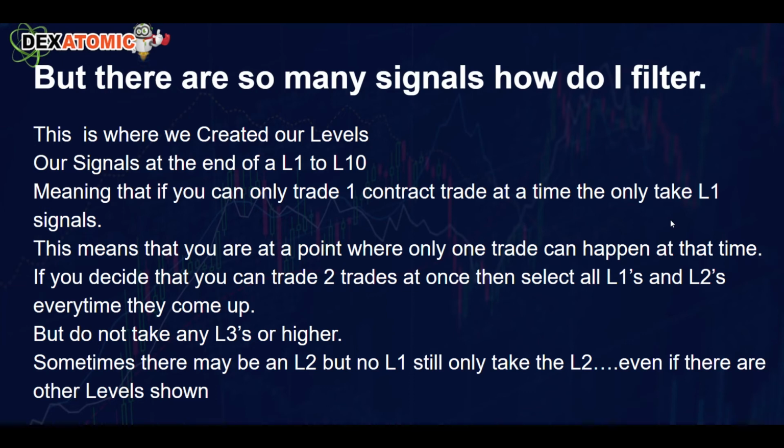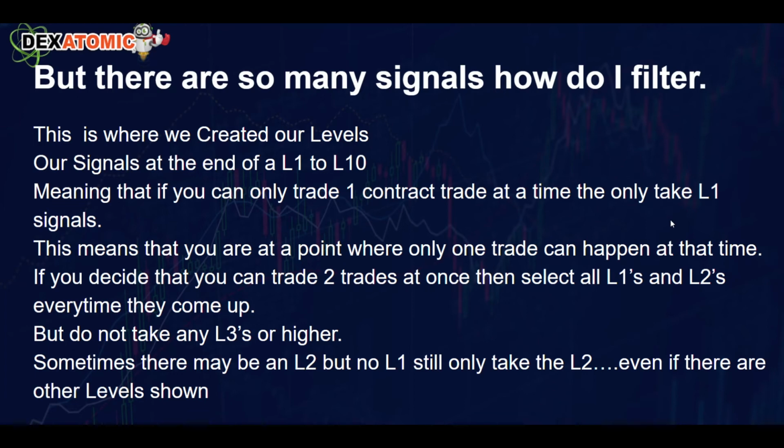This means that if you're at a point where you can only trade one, that means L1, there's only one trade that can ever happen at that L1 level. You won't get 2 L1s that'll fire at the same time. But if you decide that you want to be able to trade 2 trades at any one time, then you would trade L1s and L2s, okay, every time they come up. So if you see an L1, an L2, and an L4 together, you'll trade just the L1 and L2s if you can trade 2 at a time. But you wouldn't trade